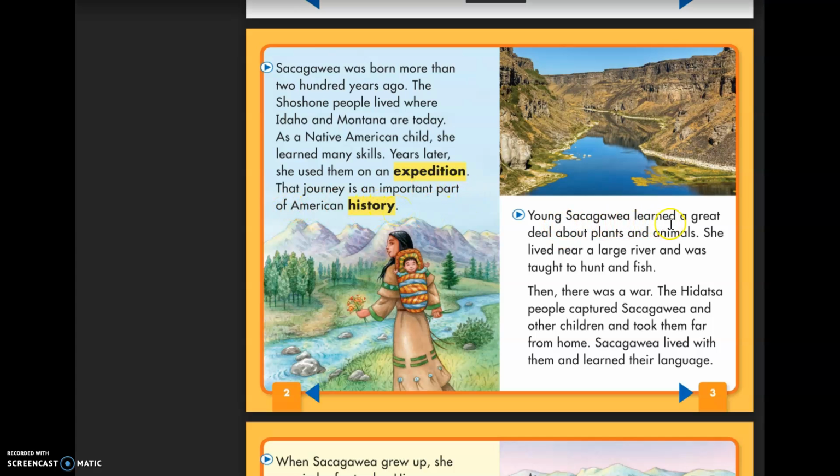Young Sakakawea learned a great deal about plants and animals. She lived near a large river and was taught how to hunt and fish. Then there was a war. The Hidatsa people captured Sakakawea and other children and took them far from home. Sakakawea lived with them and learned their language. So we have